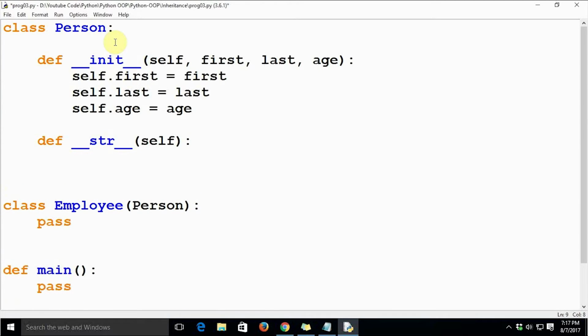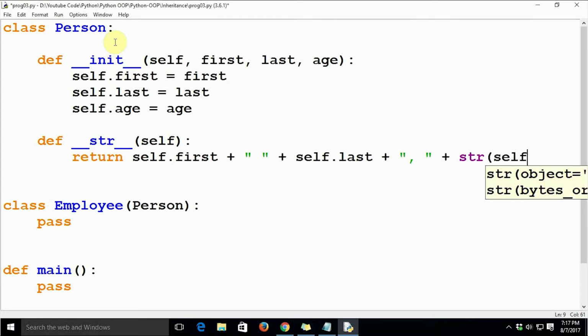So just return self.first plus self.last plus str of self.age. This is the definition of class Person. We have defined two methods, init and str.